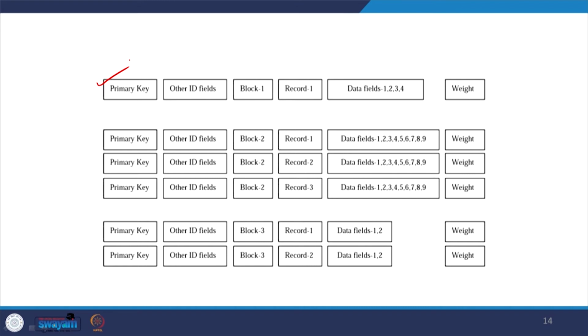Primary key, then with their space defined location, the other ID fields, as I just mentioned a couple of minutes back, that is also important for merging, followed by the block information, in which block this information has been collected. Each block is different from the other block, because it gives detailed information on that particular subject.